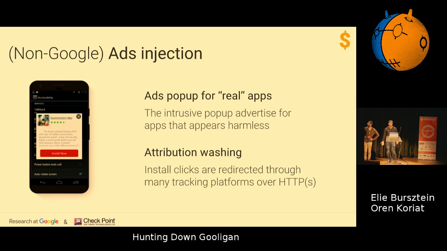And it's really hard to know who is behind it because there is a lot of attribution washing, which means they go through many measurement platforms, like to measure the click rate, and it goes through a ton of redirect chains. So we can't tell for sure who was behind it, but they were advertising legitimate apps. So it means that someone from those apps was buying in good faith installs or promotion, and as a result, they were getting installs from a botnet. So hopefully we were able to remove it, and so they're now getting installs which are legitimate from real users, and so hopefully it's better also for those publishers.